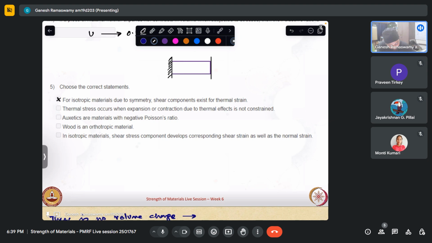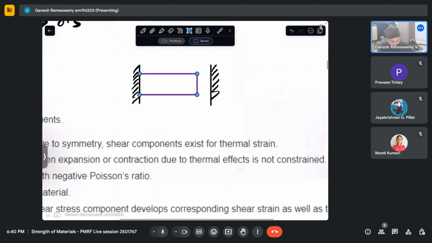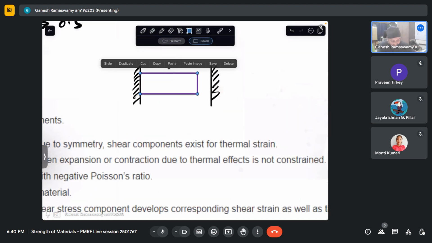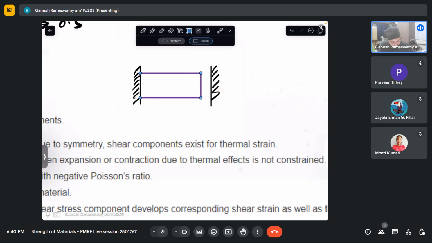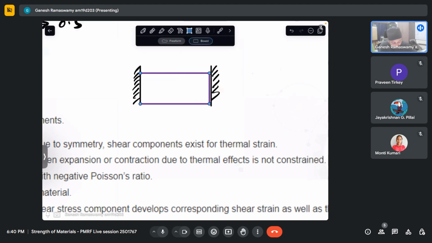I just place this block in between two walls, let us say like that. The block is of length like this, and I have kept it such that it has its side touching one of the walls. Now I increase its temperature. I know that it will, I'm talking in the plane of the paper, increase its volume, and up to this point it is a free expansion. That is, whatever I'm observing,